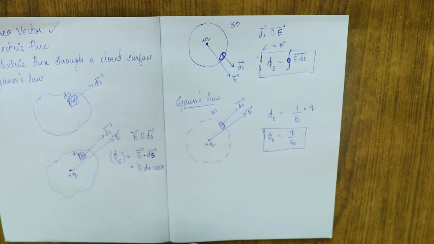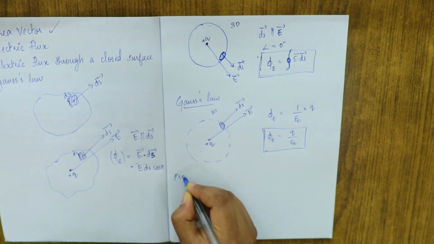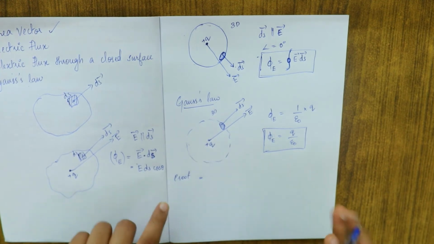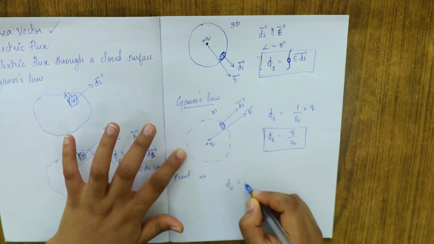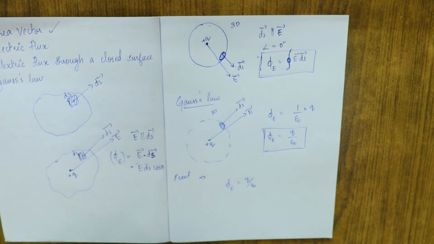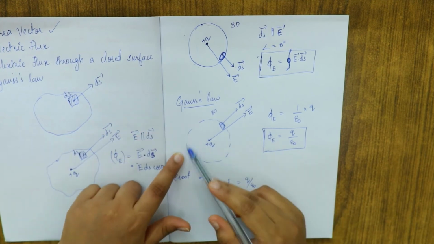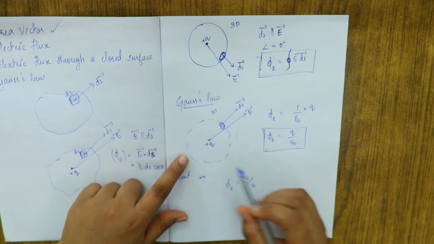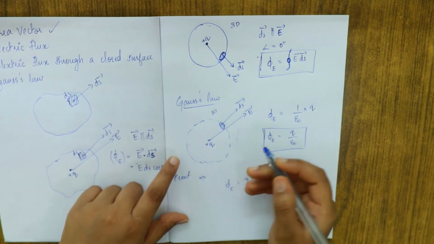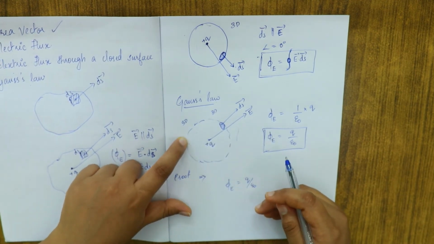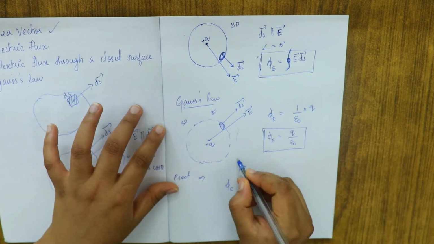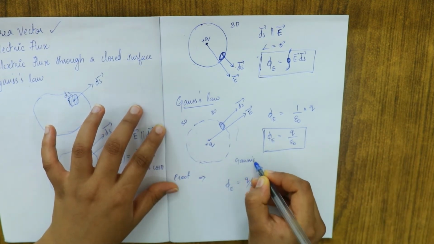Now we are going to relate it with the proof of Gauss's law. Let's move into the proof. First, we know that according to Gauss's law, phi E is equal to Q by epsilon 0. Also, since it's a sphere, it's a three-dimensionally closed figure, so this figure can be termed a Gaussian surface. Closed three-dimensional figures are marked as Gaussian surfaces.